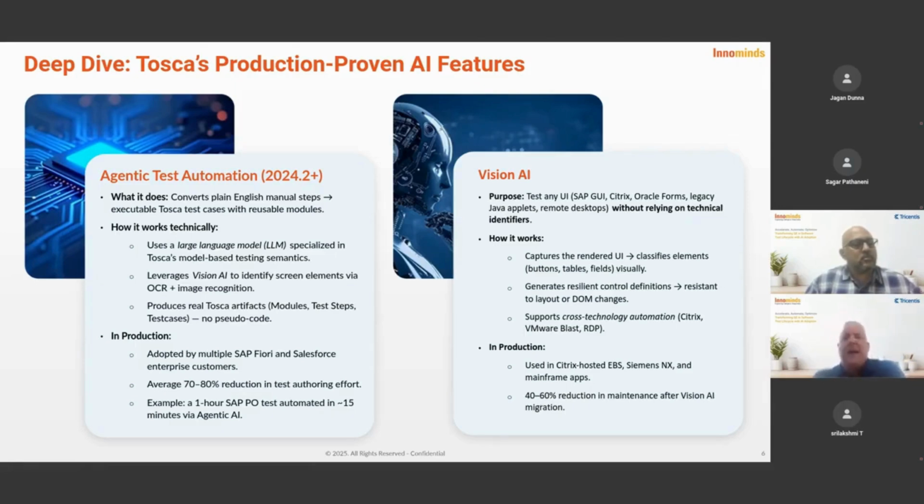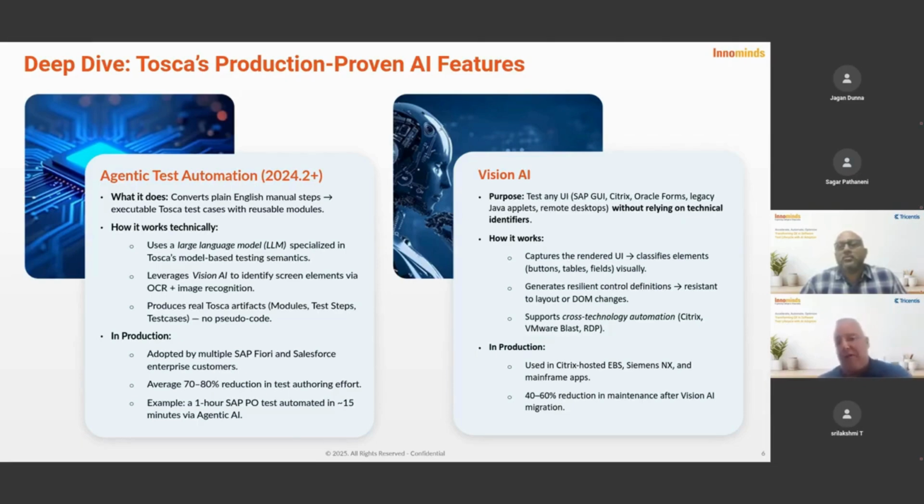Now, we talked about Vision AI a lot. Why is it different? It is actually not generative AI. It's what we call targeted machine learning. We actually introduced this in about 2018 and 2019, if you can believe that. Think about it as facial recognition for UI level automation. If it looks like an edit box, we're going to treat it like an edit box, regardless of what technology it's written in. In fact, it's powerful enough where I can literally build my test automation from mock-ups, even if they are hand-drawn mock-ups, build my models, and when the live system comes online, it will work.